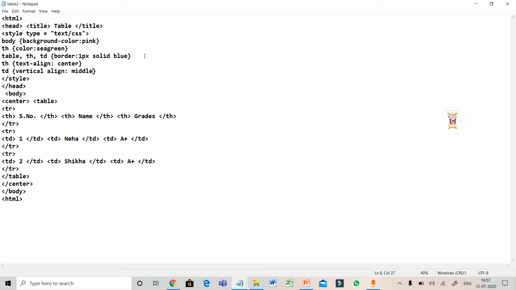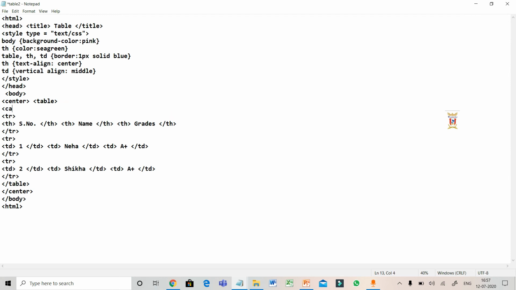Likewise, I want to give a caption to my table. So I will be writing that caption in the table tag, which is using caption tag. And the style of the caption color will be purple. Closing it.